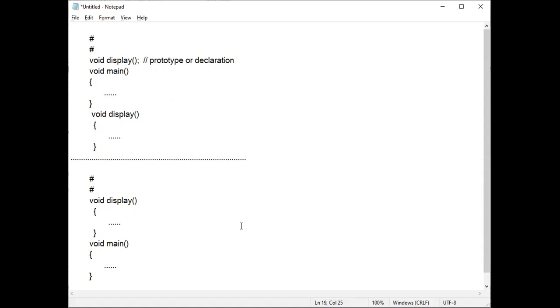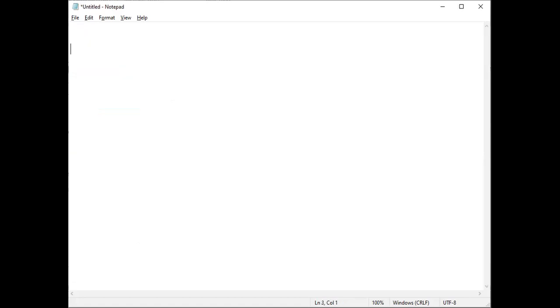So this concept applies to classes also. For example, if I am writing class A, and in the class I am writing one function, say display, in the public section, public display. This is one way of writing, where I write just the prototype, and outside the class I write the function. So take this complete function outside the class, remove the semicolon, and write the code.